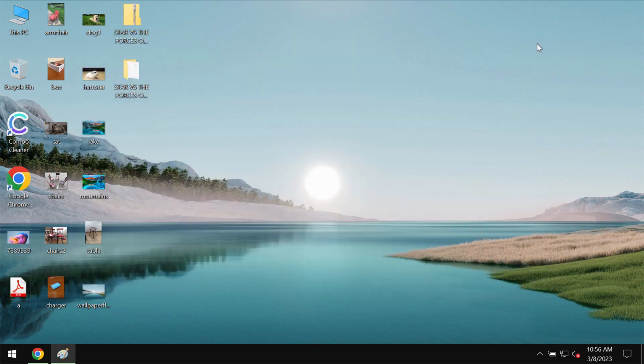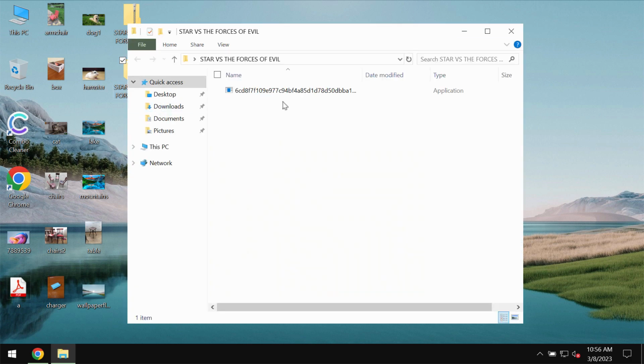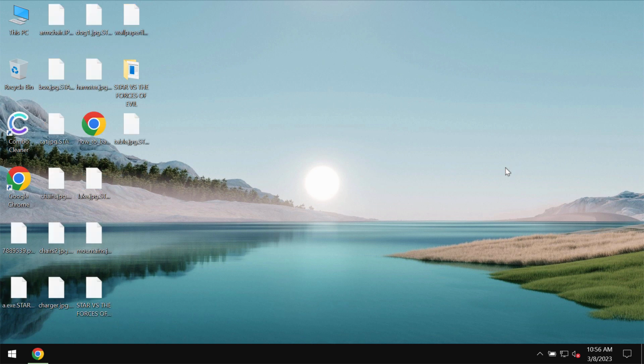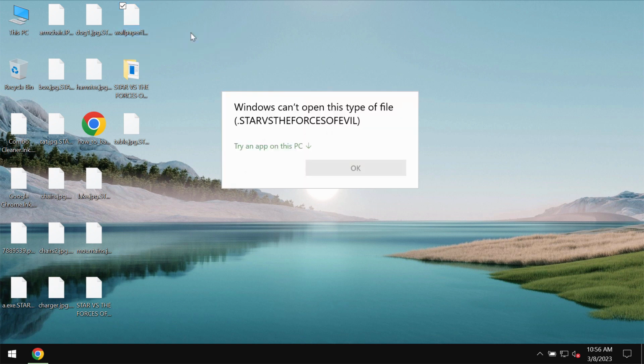Before the ransomware attack, as you can clearly see, we don't have any troubles opening any file types, including pictures, music, Microsoft Office documents, and other data. But regretfully, because of certain leaks and vulnerabilities in the system, this particular ransomware may be easily injected into the device. It is called like that because it encrypts files and appends the star vs the forces of evil